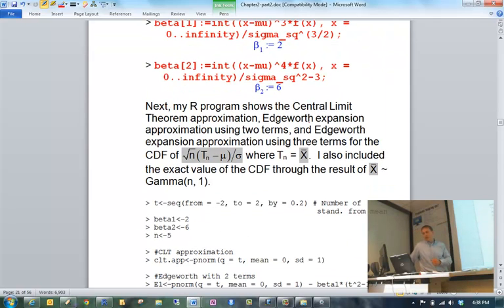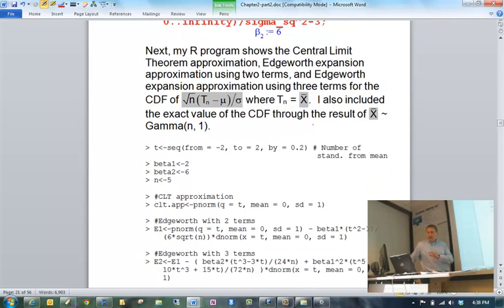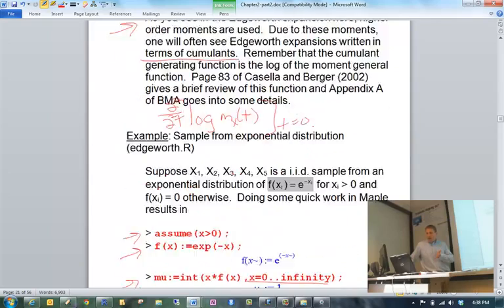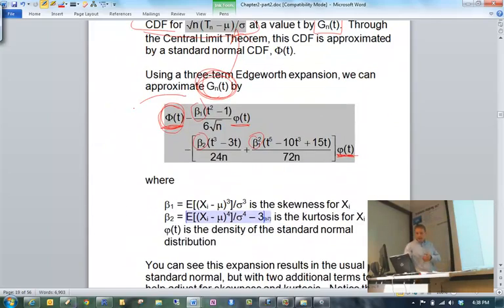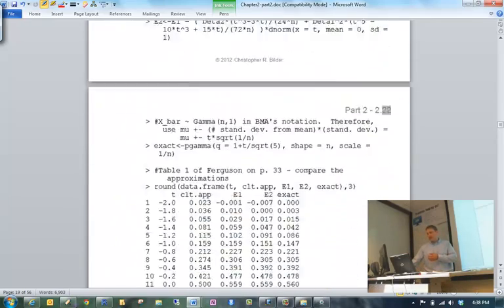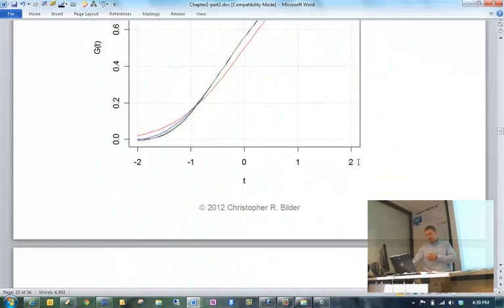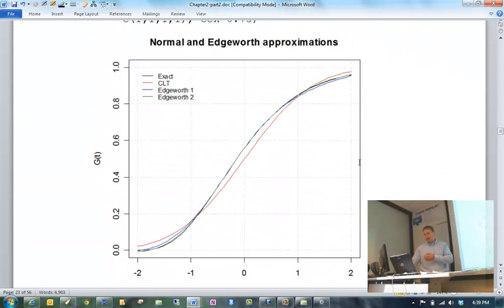You can also program all this into R if you really wanted to, using the integrate function. I'll leave the details here for you to look at. What I need to do next is basically put this approximation into R syntax. And let's just focus on the plot at the end. Blow this up as well. Okay. So, although it's kind of hard to see, there is a black line following basically the green line. You're going to see the black line, and that black line is the actual exact distribution for